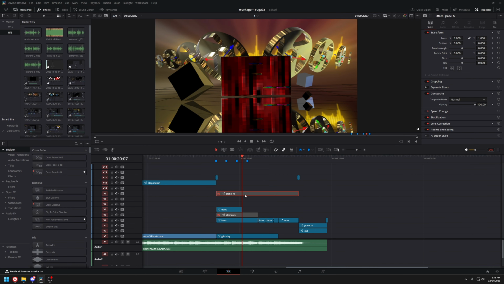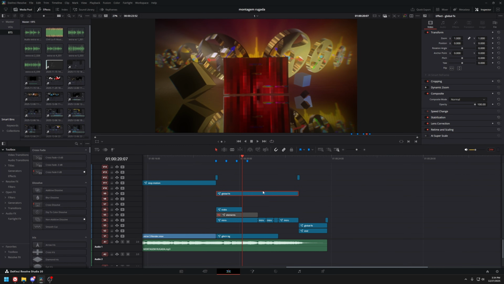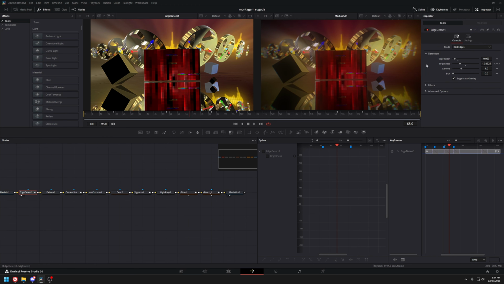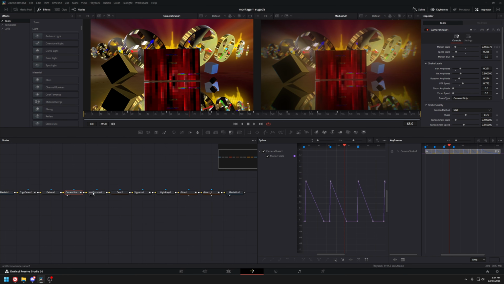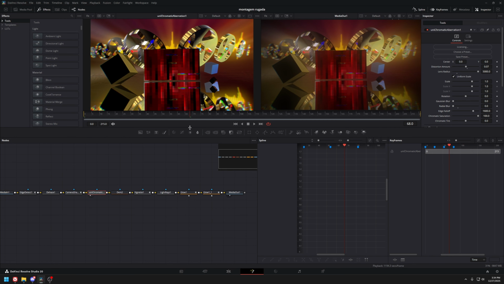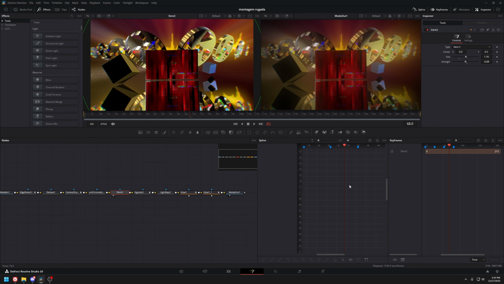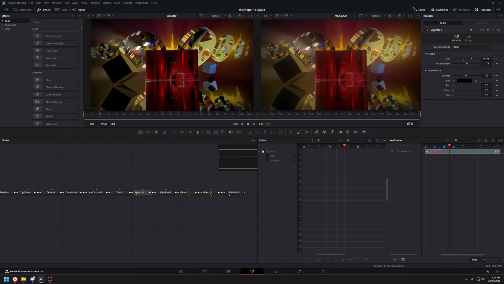Finally, the global effects. These are the exact same global effects as in the intro part of the video. So I'll just select them real quick and then showcase. We have the edge detect, dehaze, camera shake, chromatic aberration, dent, vignette, light rays, glow,